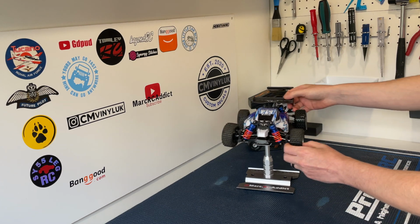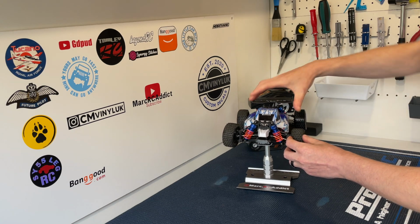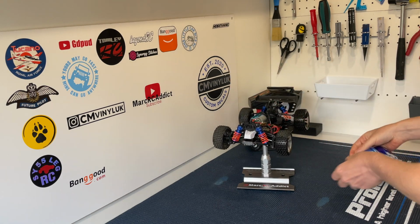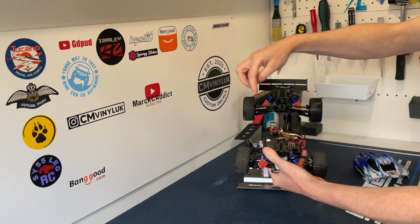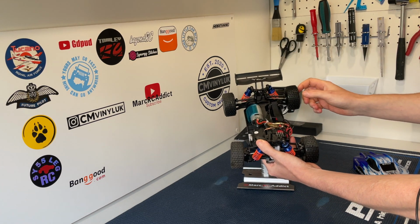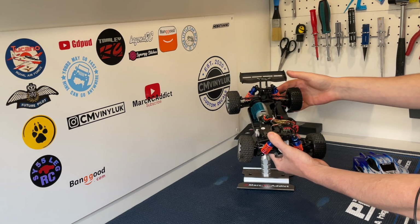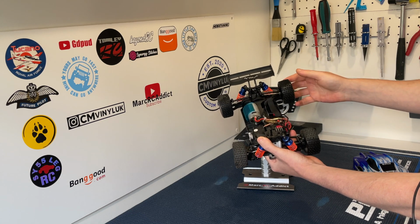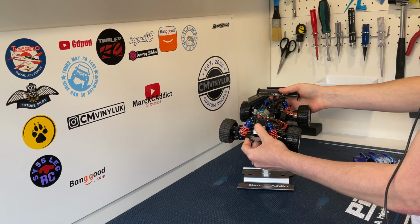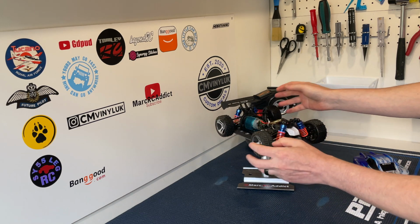But yeah, really cool. So this is the 959A version. If I take the body shell off, I will show you what that means. That means this one has the smaller 390 size motor, and it doesn't come with bearings as standard, but you can get the bearings for like £3 delivered. So I've obviously fitted some bearings in there, and I've done a video on that showing you exactly how to do it. But it is such a capable little vehicle, I thought I needed to add this in my top 3 budget RC vehicles,